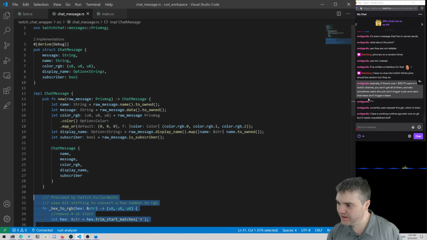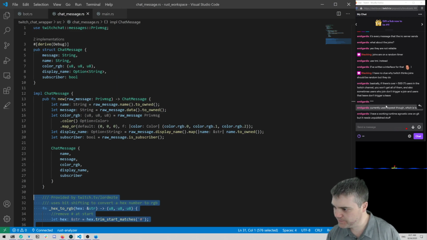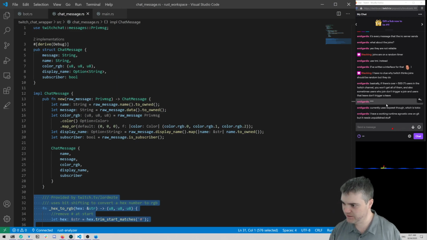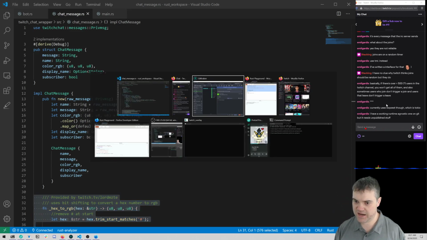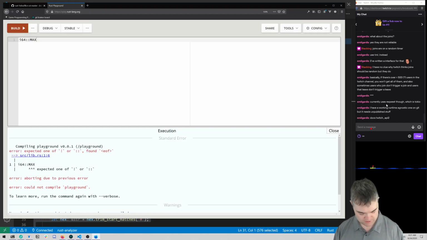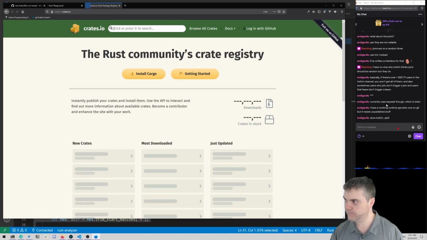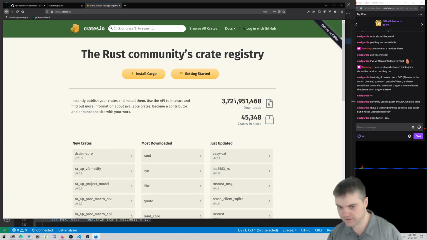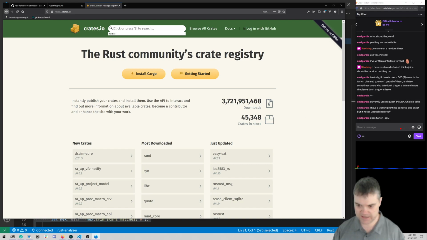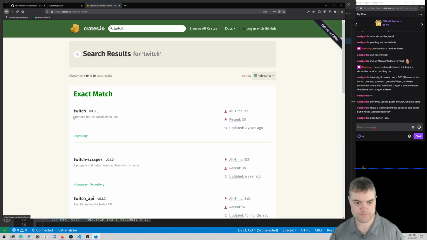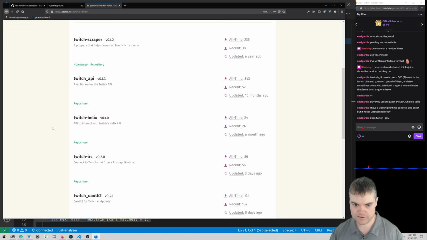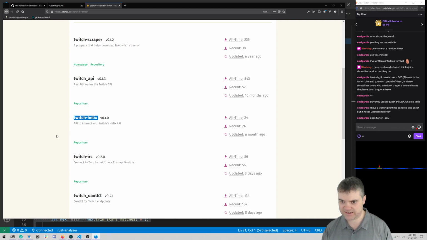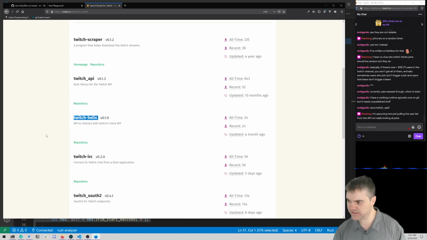Oh right, I have our links off. User request, which is Tokyo. You have a working runtime agnostic one on Git, but needs to be unpublished stuff. And then if I remember correctly, I was looking at crates, because I saw Twitch Helix here, and I was wondering if that was one that would work for us.